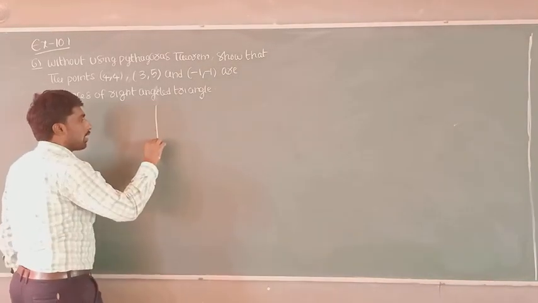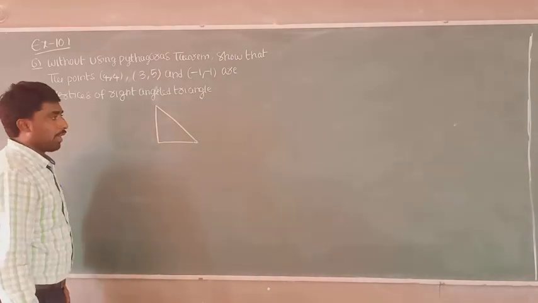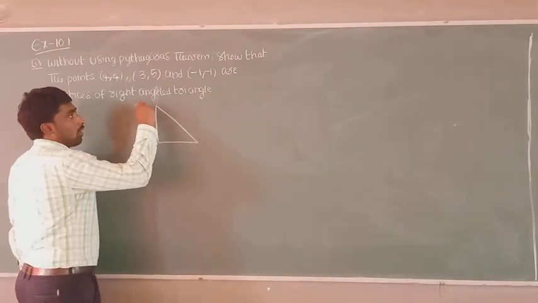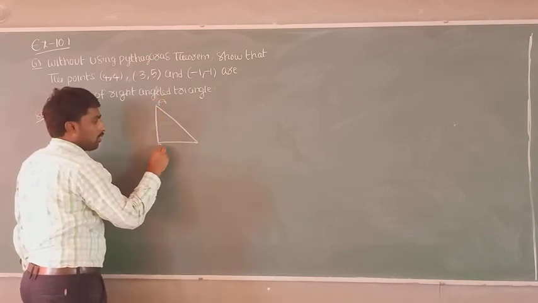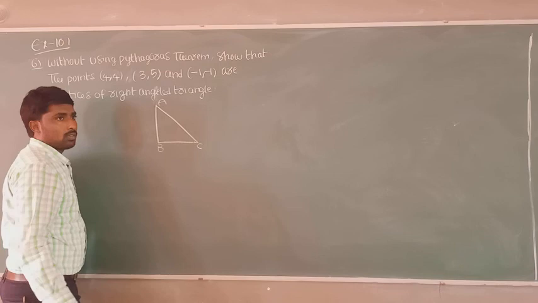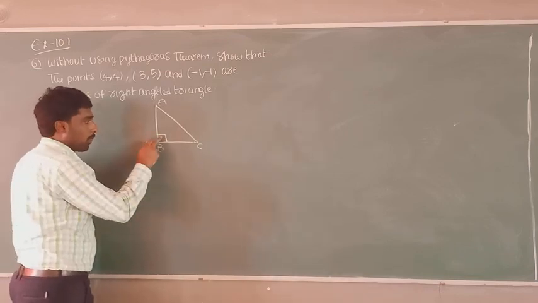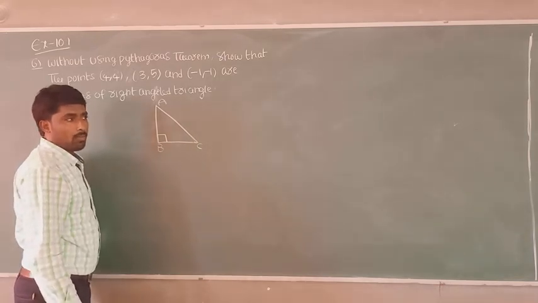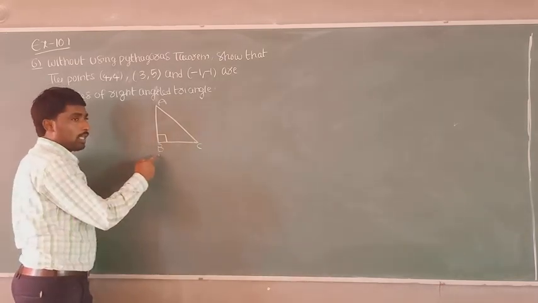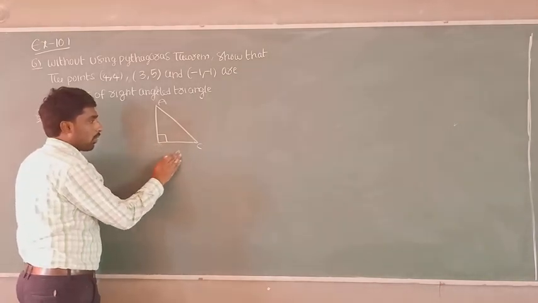All of you listen very carefully. A right angle triangle will be like this. But I don't know the points. For example, here A, here B, here C I will take. So the angle at B should compulsorily be 90 degrees. We have to prove that. Is it clear, everyone? But I don't know whether point B lies here or not. That's why I am not mentioning the points here.